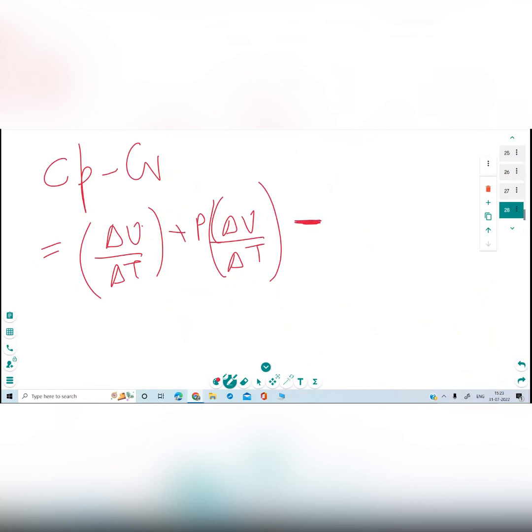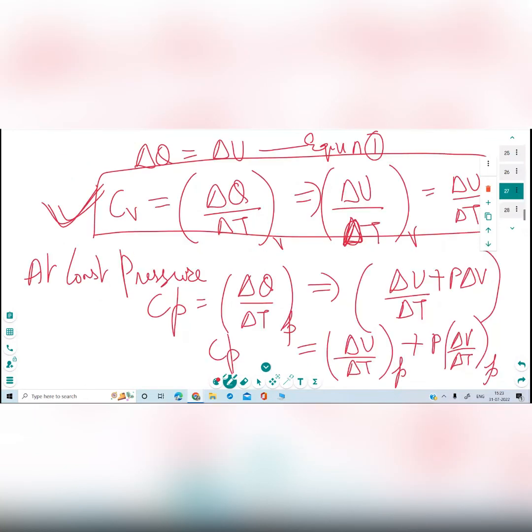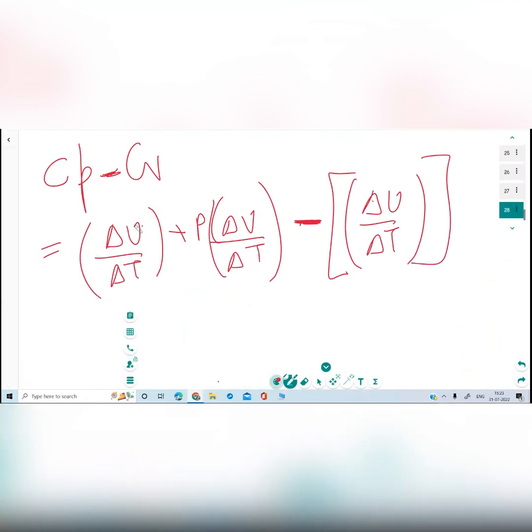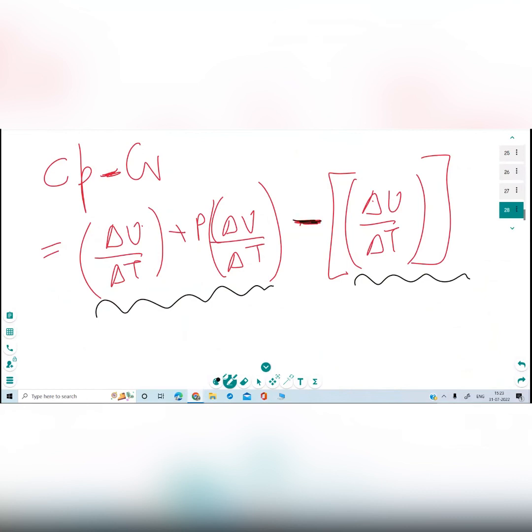Minus CV. So where is CV? CV is this, del U by del T. Correct? So can I write it like this? I will make it like this for you. Del U by del T. Yes, this is CP and this is CV, and this minus is from the formula we've taken. Correct? Okay. So when I open this bracket,